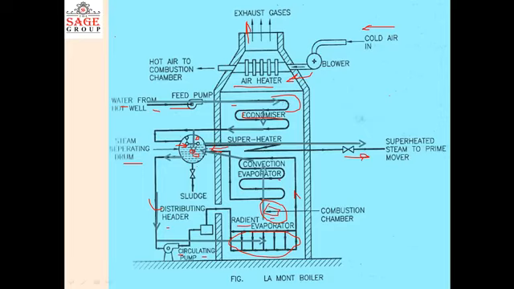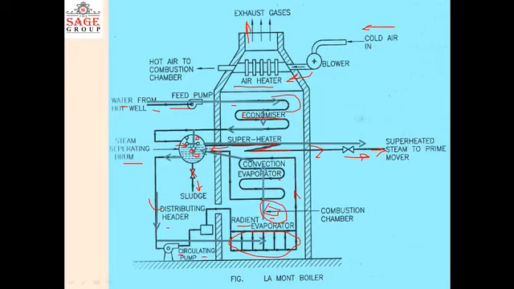Here you can also see there is a valve which is used to remove the sludge from this tank. Now from the top side, because it is the steam separating drum, steam is taken out from this section, and then this steam passes through the superheater section. So it will be superheated, and then this superheated steam will go to any application, maybe for any prime mover or for other applications.